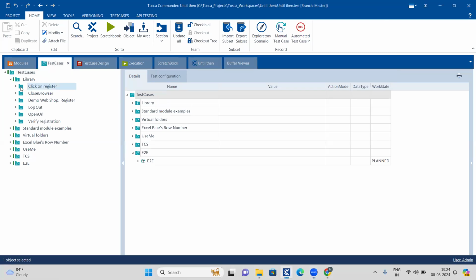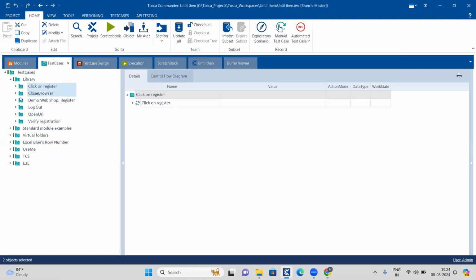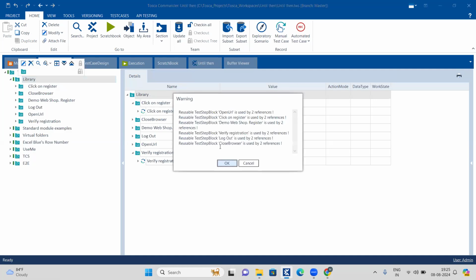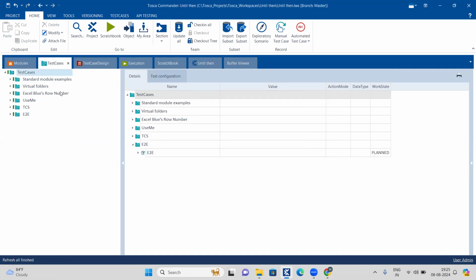So libraries. Why do we use libraries? In testing, you know how it happens, Shashi? We have to repeat a lot of things again and again. What I meant to say is,